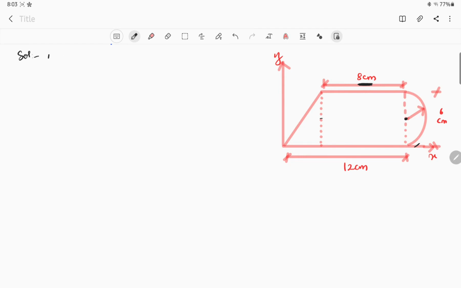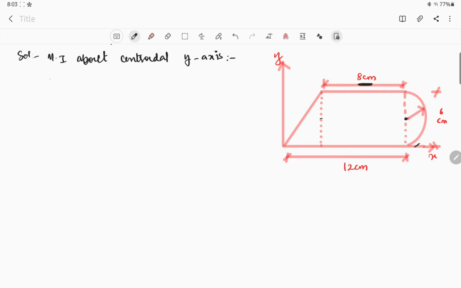When you calculate moment of inertia about centroidal y-axis, you need to calculate x bar, x1, x2